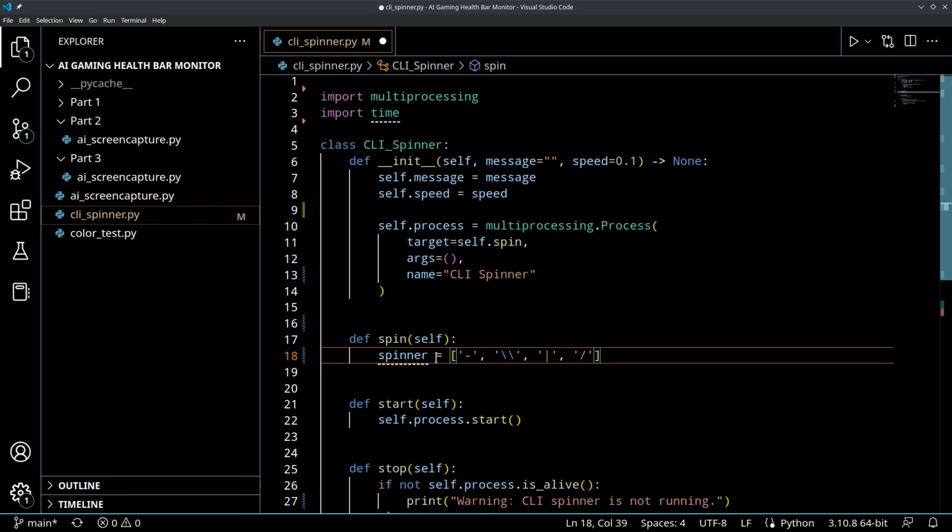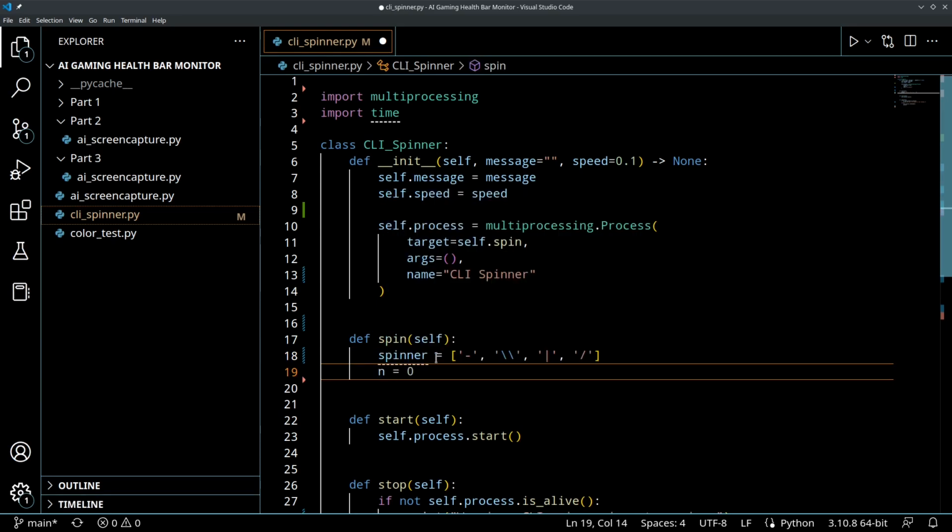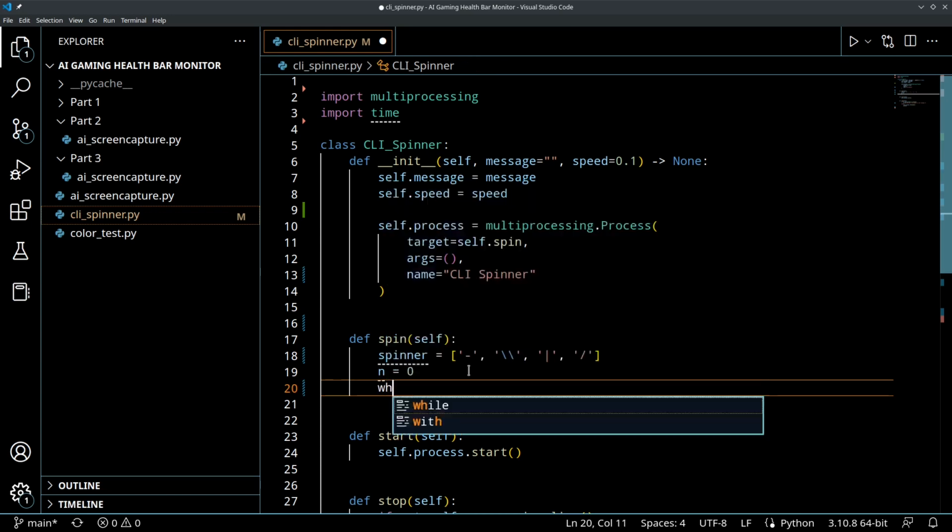And you could use any characters you want. Obviously, you could use letters, numbers to make it silly, but this will give the appearance of a spinning bar, and this will loop over and over again. So those are our characters in sequential order. And then we'll say n equals 0, n meaning the index of the spinner that we want to display. And we'll just say while true,